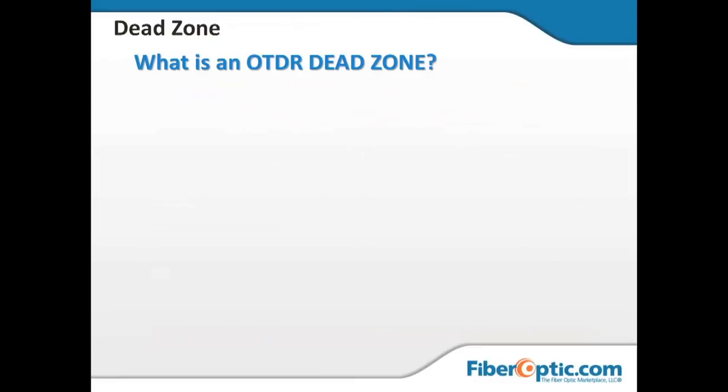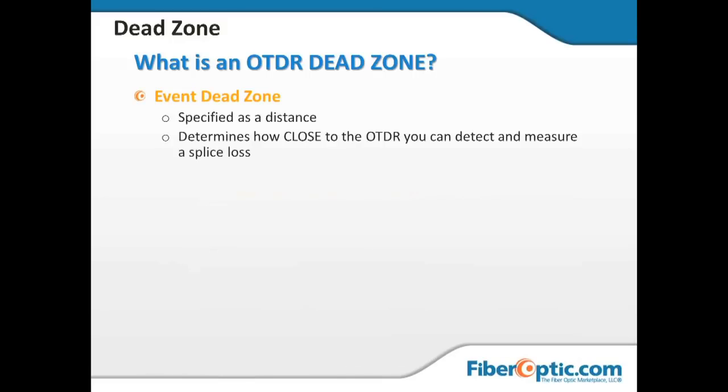All right, dead zone. Dead zone is specified as a distance. When we were looking at that, you could see the width of the trace. Now, if we remember that that horizontal axis is distance, you can very quickly see that that distance correlation exists. There's a certain period of distance that we cannot see, and that goes along with the pulse width. It determines how close to the OTDR you can detect a splice,